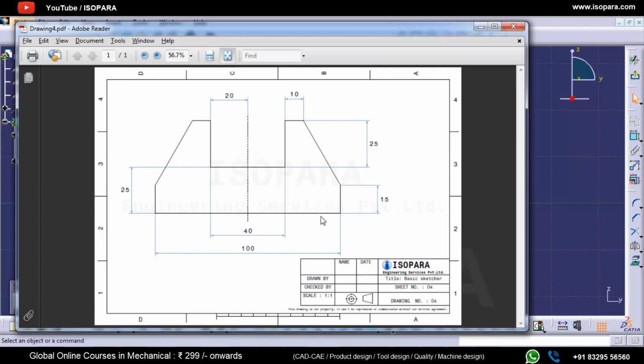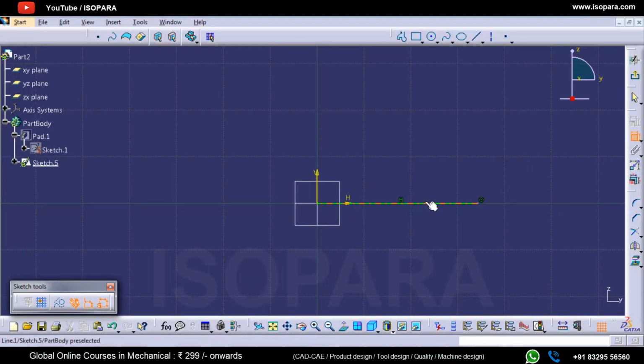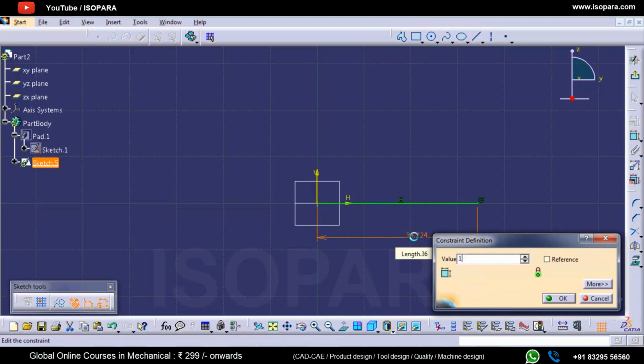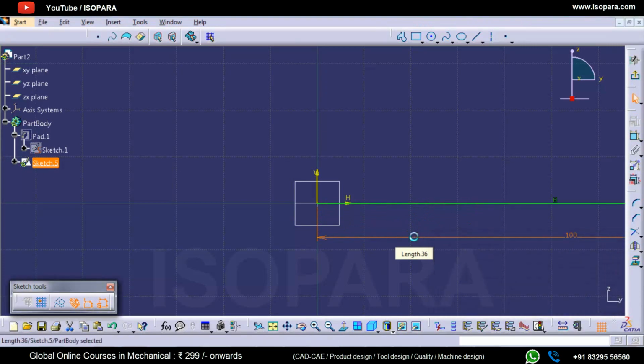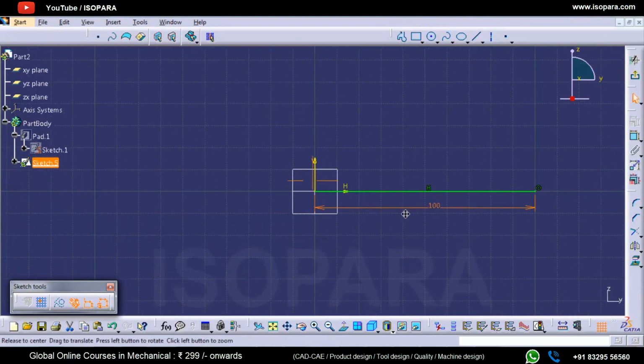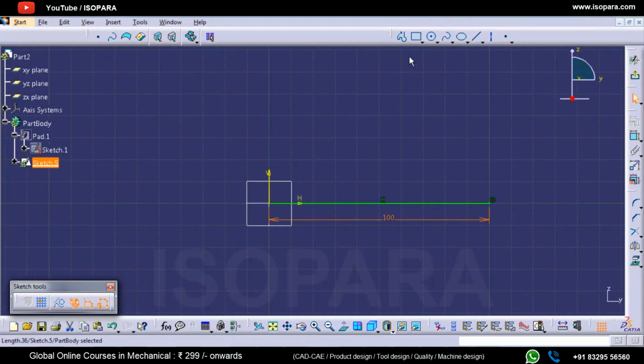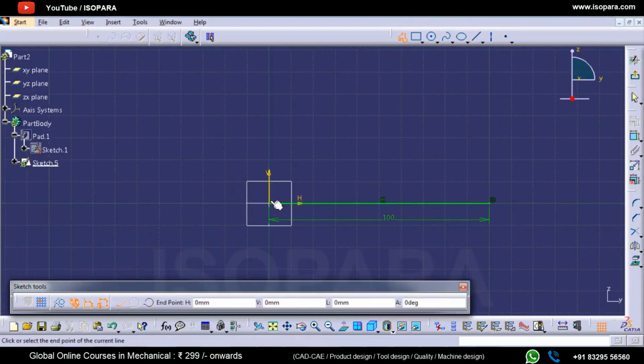So always decide which is the first element to be made, and try to make the bigger element as the first element, which can be near to the origin of the sketch. So it's 100. Now I will zoom out.